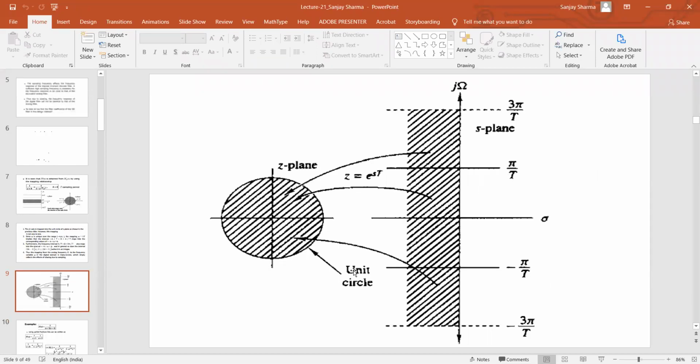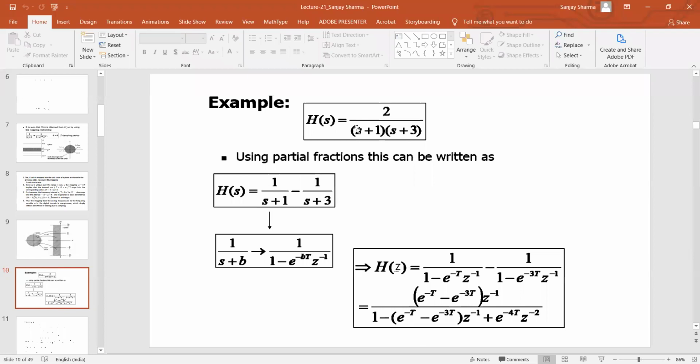So this was actually the problem in the impulse invariant method, right? And we took some examples also. If you take this example, you take the partial fraction, you will convert this system function into this form. And we know that 1 over s plus 1, in general, 1 over s plus b, is given by this. So I can get the Z transform equivalent of 1 over s plus 1 by this formula, and you just solve it by taking the LCM and so on. You will be able to get the transfer function in the digital domain.